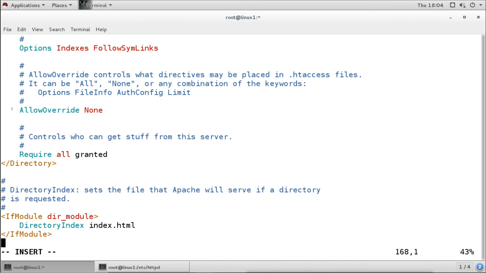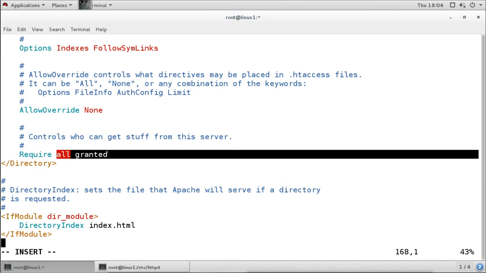Then after this, the final thing is who we want to allow to access this directory, or the website which is hosted inside this directory. So here we will give require, and then say what we want to allow, like who can get the stuff from this server. By default it is saying granted all.